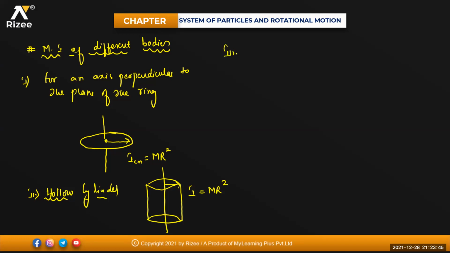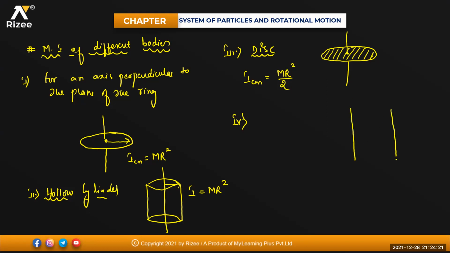Next one, very important. Now if I'm talking about your disk, same, about an axis passing through the center and perpendicular to the plane. So this is your disk, and this is your axis passing through the center, and this is the total mass of the body. So the moment of inertia of the disk about the center of mass will be equal to m into r square divided by 2. No need of derivations right now. The same way, if I'm keeping n number of discs one above the other, like say 50 discs like this, that will form a solid cylinder. So this is your axis.